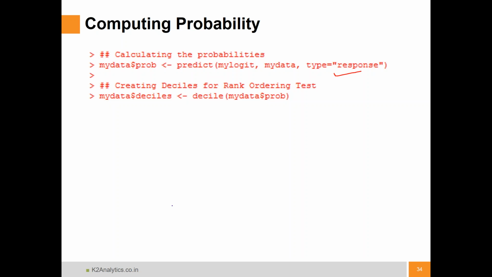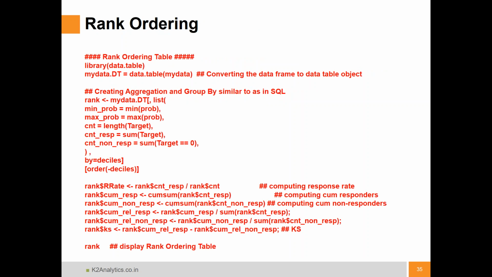If you see a sign change, specifically in categorical variables, then you have to see whether the beta of that categorical variable is overlapping with another category in the same variable. If that is overlapping, you may think of grouping those two categories. Then computing the probability. Once you have computed probability, then you go with rank ordering,